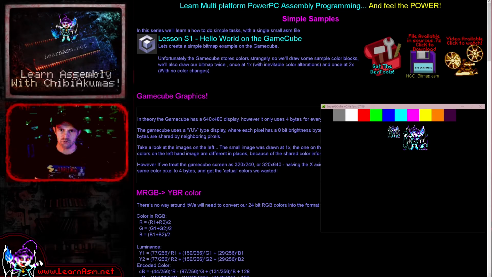Now, in the simple series, we create a single SM file that does a single job, and the job today is drawing to the screen. On the GameCube, this is a little bit more tricky than you might expect. The screen is 640 by 480, and there are 2 bytes per pixel in terms of memory allocation. However, the color information uses 2 bytes, and those 2 bytes are shared between 2 horizontally neighboring pixels. So we've got 1 brightness byte for each pixel, but the color information is shared between pairs of pixels, and